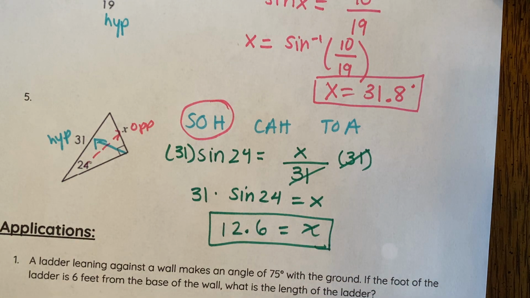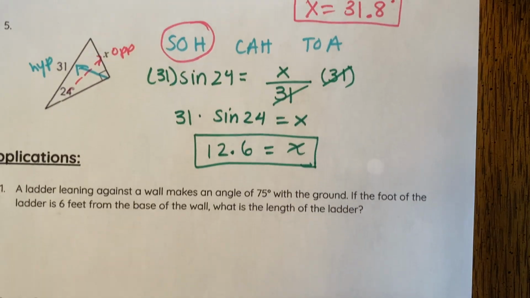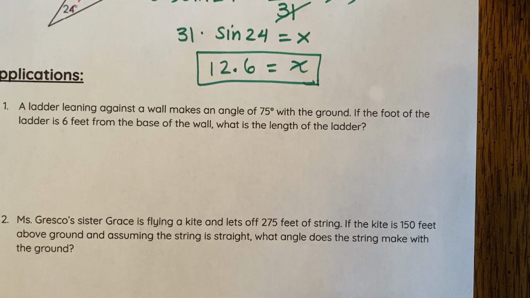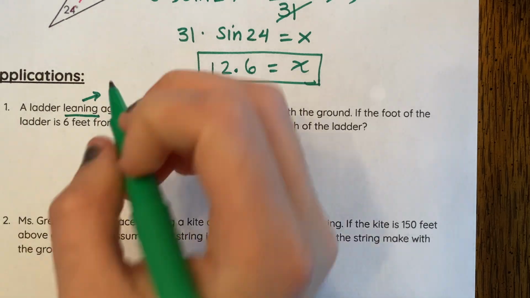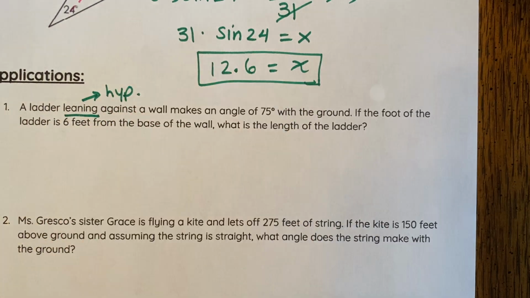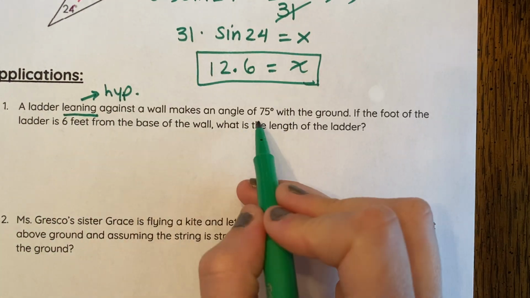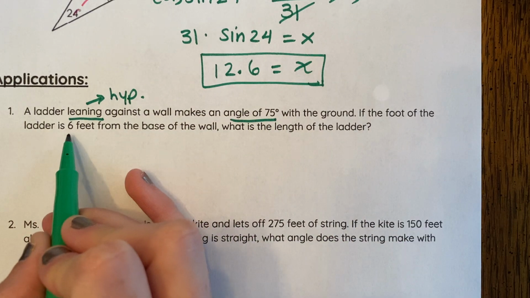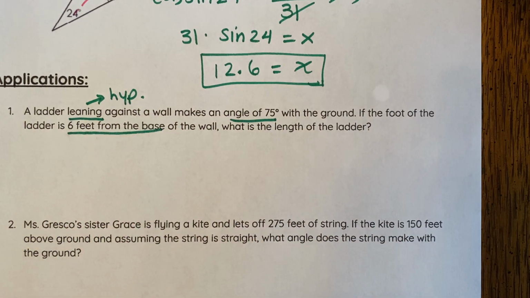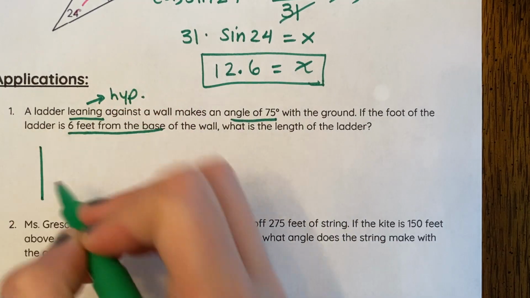All right, now I just want to go through 2 application problems. Similar to how we had Pythagorean theorem applications, we also have trig applications. So a ladder is leaning. So whenever we had this word leaning, we always said that this was the hypotenuse against a wall, and it makes an angle of 75 degrees with the ground. If the foot of the ladder is 6 feet from the base of the wall, what is the length of the ladder? So if we draw our picture,